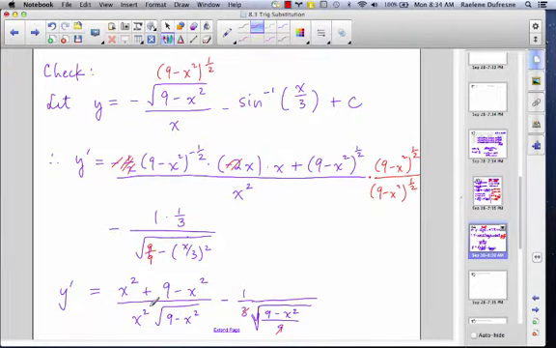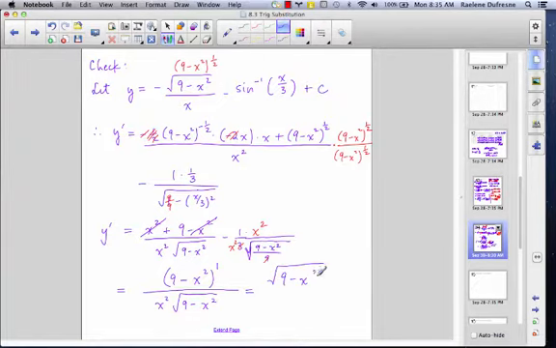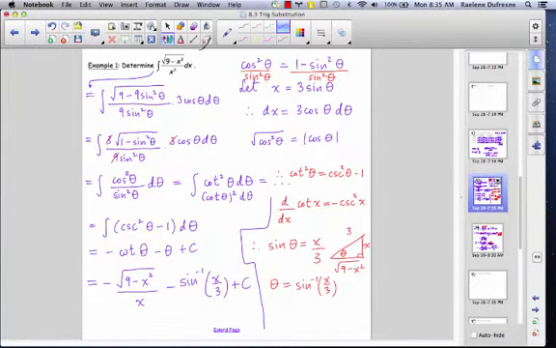So now we need to multiply the second fraction in the top and in the bottom by x squared to get a common denominator. So now the common denominator is x squared times the square root of 9 minus x squared, and we're going to get 9 minus x squared to the exponent of 1. And so we keep the base for these division, and we get 9 minus x squared to the exponent of 1 minus 1/2, which is 9 minus x squared to the 1/2, or square root of 9 minus x squared all over x squared. And we can see that that's the same as the expression we started off in the question, and so our